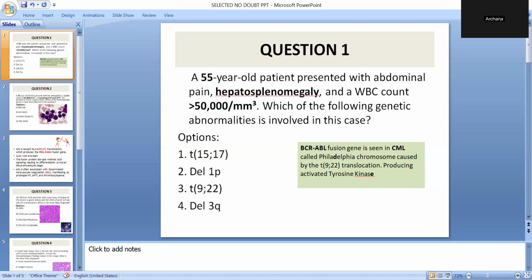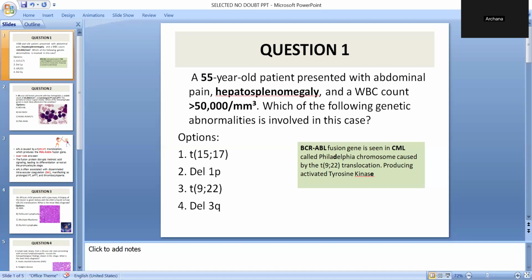Contradictory to the first question, let us see what the keys are in the stem of the question. We have a 34-year-old female, relatively younger age. Platelet count has dropped. What is a normal platelet count? It is up to 1.5 lakh, that is 1,50,000 per mm cube. So here it is dropped.